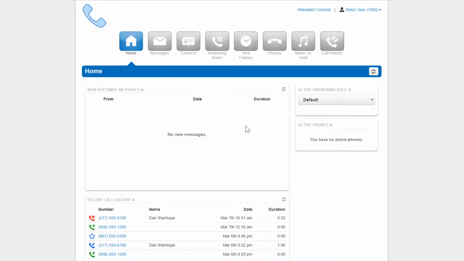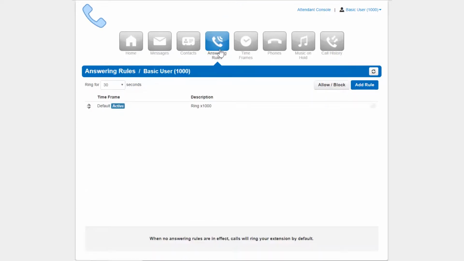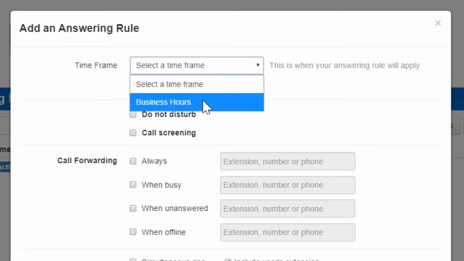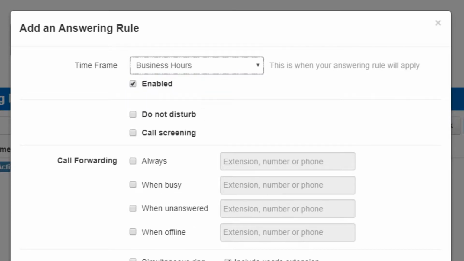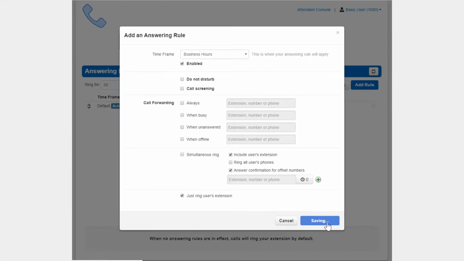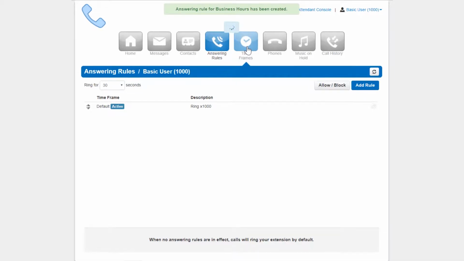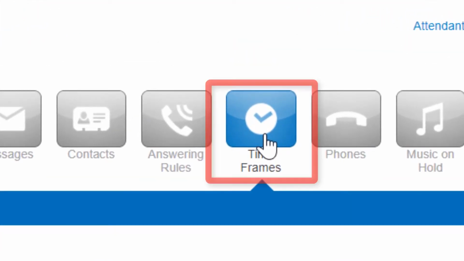Time frames are a set period of time, which covers when we want certain events to occur, such as our phone to ring. We create time frames with different time and date ranges so we can apply them to answering rules, which will then allow you to control how calls are routed depending on the time of day the call occurs. To view and create your time frames, click on the time frame icon in the top navigation menu bar